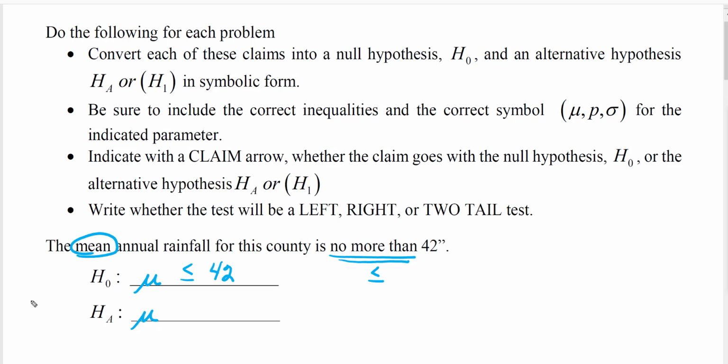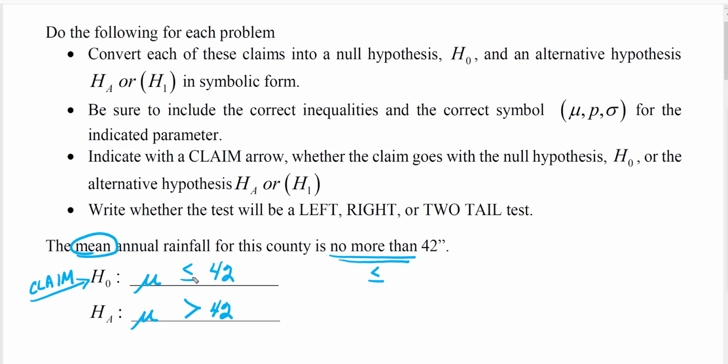That means our claim goes with our null hypothesis. That means our alternative hypothesis will have to have the opposite inequality symbol. So this is less than or equal to, so this has to be then greater than 42. Remember that alternative hypothesis does not contain equality, and we'll just write greater than. So we've converted these in proper symbolic form. We wrote the correct inequalities. We have the claim arrow, and now we have to